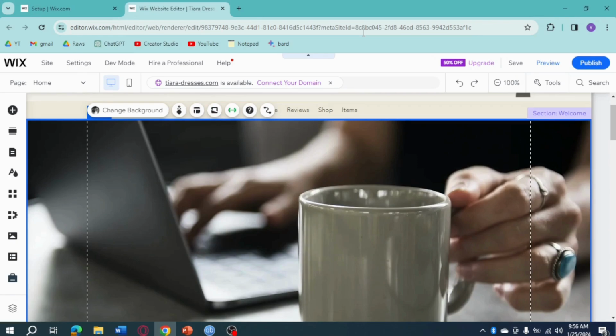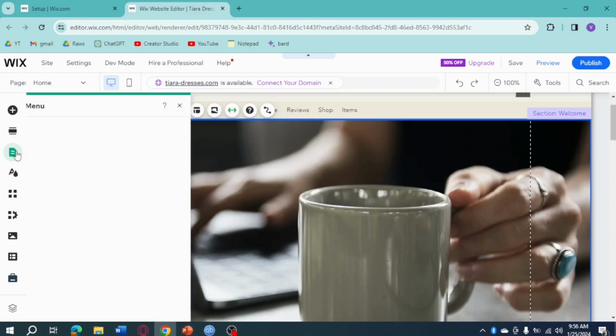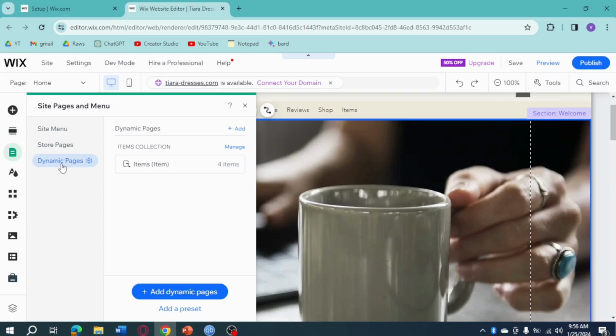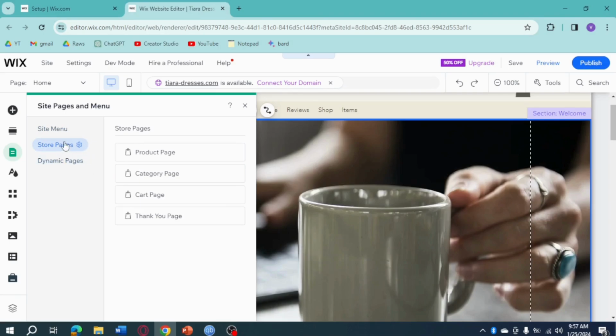So right now you can see in here options for pages and menu. You can just click on that, and in here you should be able to see these things right here. You can see the site menu, the store pages, and the dynamic pages. So if you want to add a landing page, what you can do is head over and just choose the store pages, and then see the site menu, and you can see here the option to